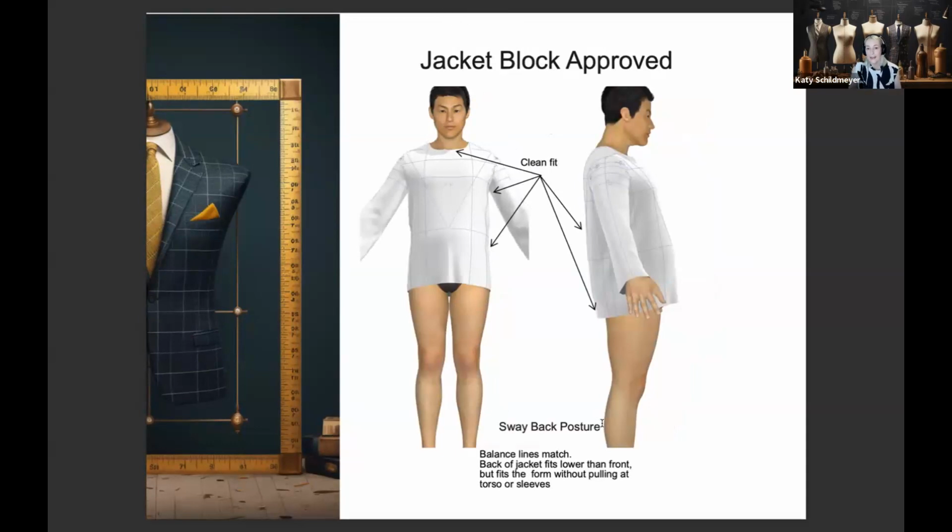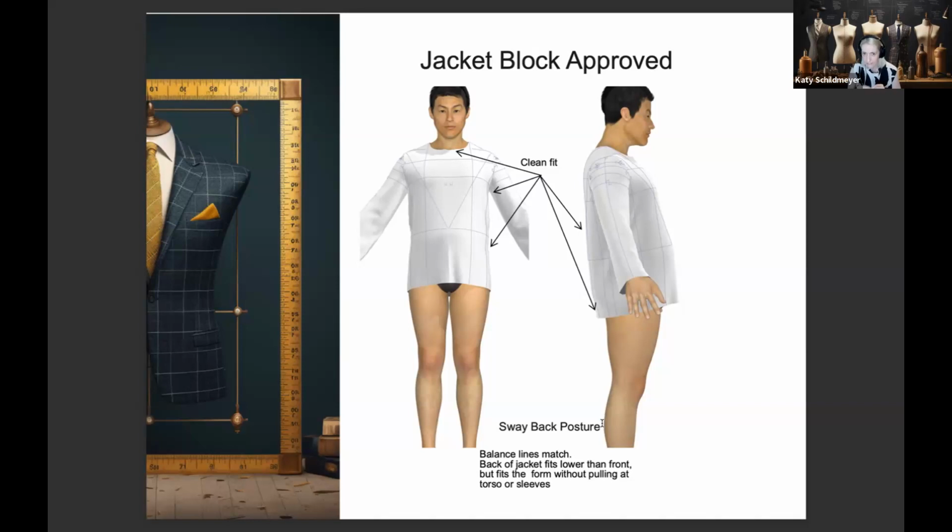The sway back, as you can see, has a different tilt on the body, especially with regard to the hem. Now, that can obviously be adjusted when you start moving into the actual style of the garment. But you can see that there's a cleaner fit at the collar. It does need a little pinch and adjust at the collar just to bring it in a little bit, but